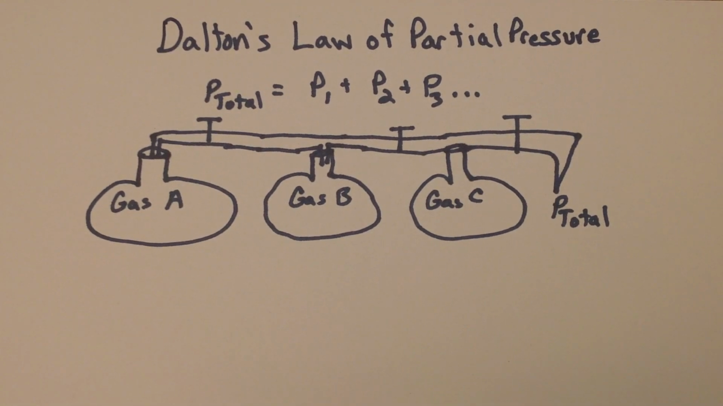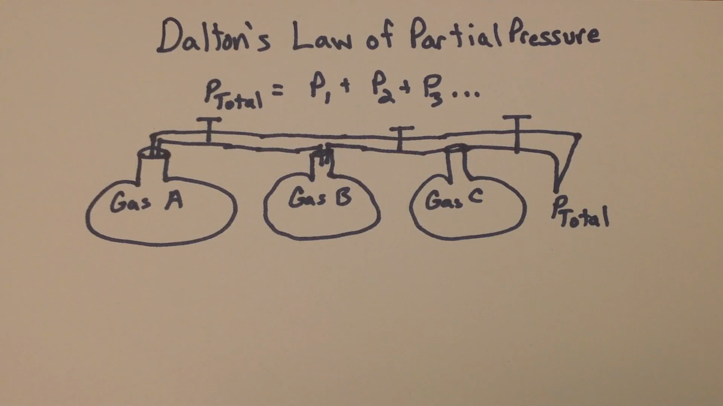Hello everyone, this is just a quick and dirty lesson on Dalton's law of partial pressure. So it looks pretty simple here from the formula. P total equals P1 plus P2 plus P3. And if you look at the examples, the first example on your notes page gives you everything in the same